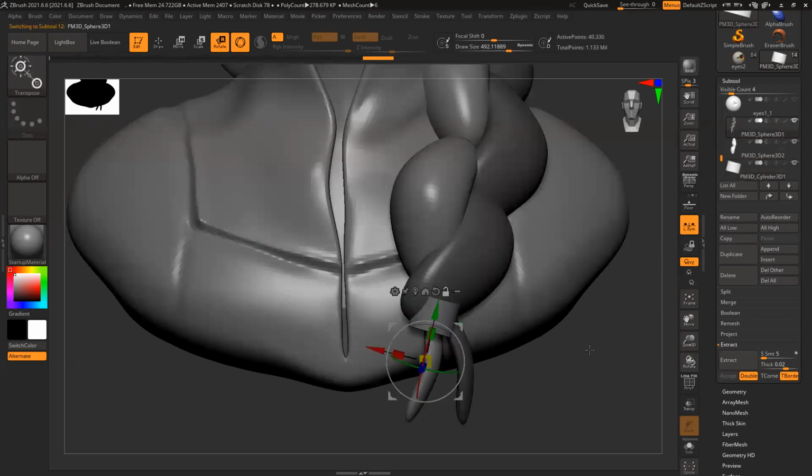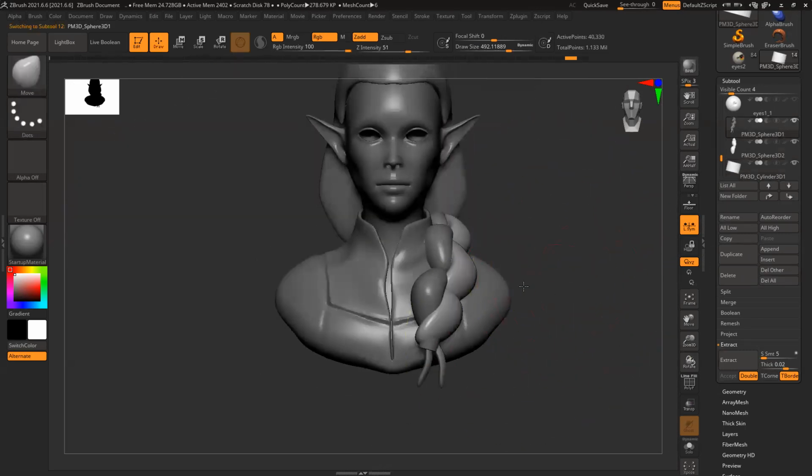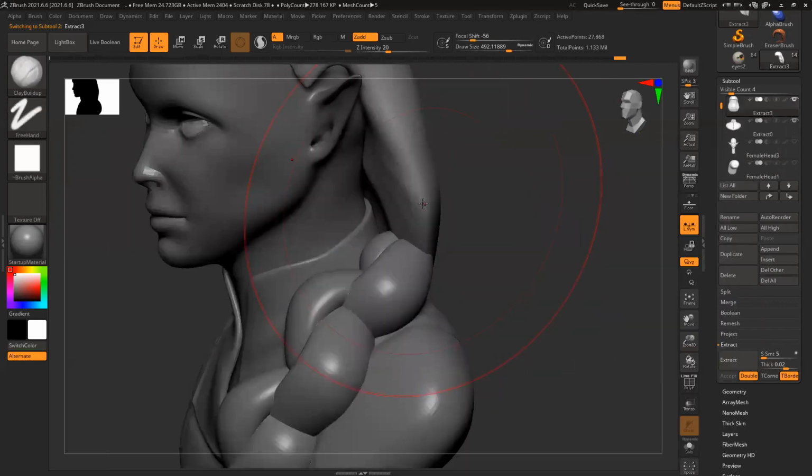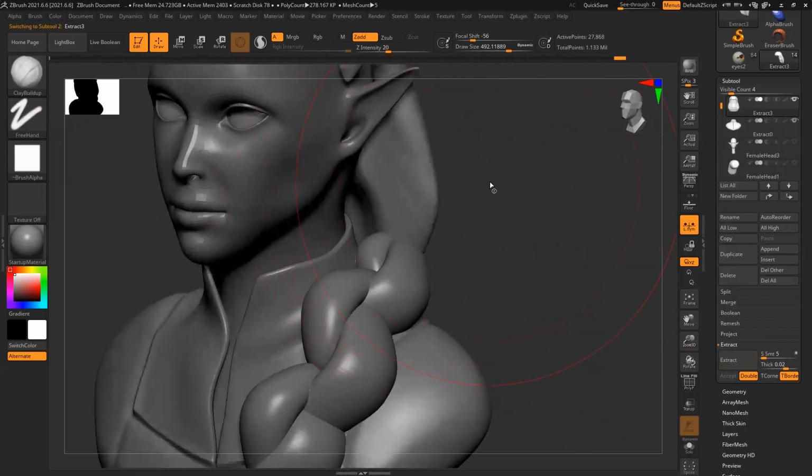Now the rest of the things have to be fixed. Now let's see. Clay build up, and fill those gaps.